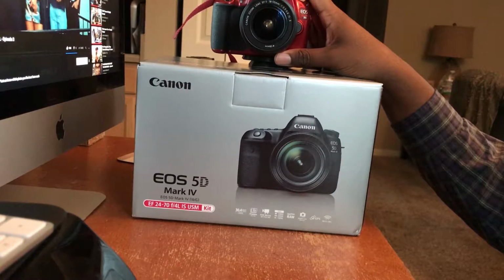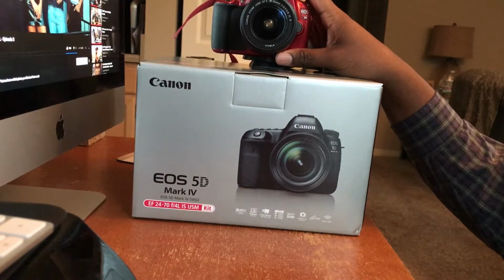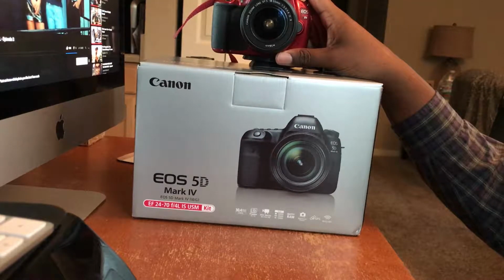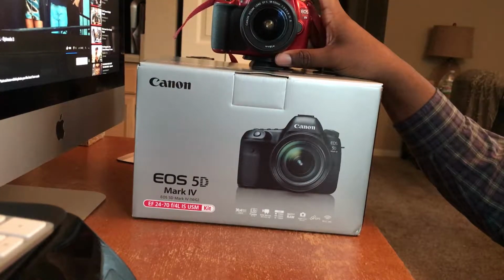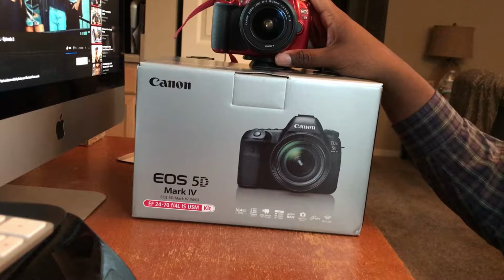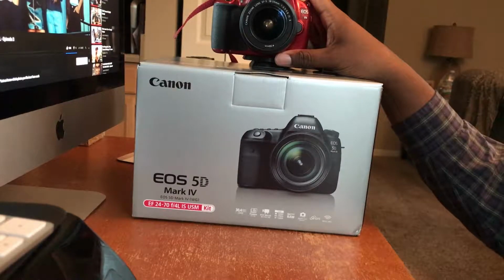I'm not saying the crop sensor cameras limit you to what you can do, because people do it with these crop sensor cameras. They kill it. You would never think that a lot of these photographers that do these events are using crop sensor cameras. However, at certain times I would realize, oh wow, my camera is not pulling in as much light as this full frame camera. The crop is kind of not working in my favor,